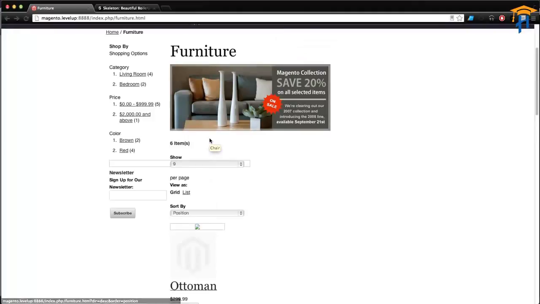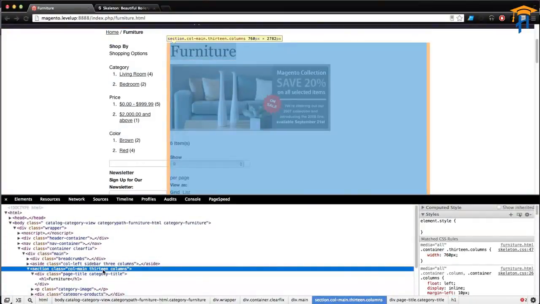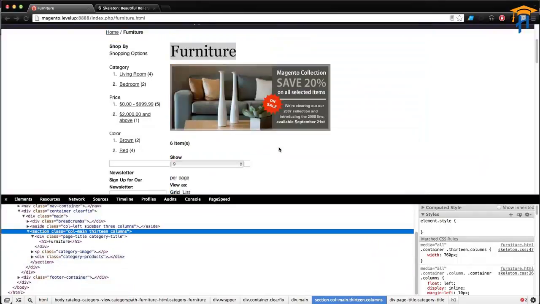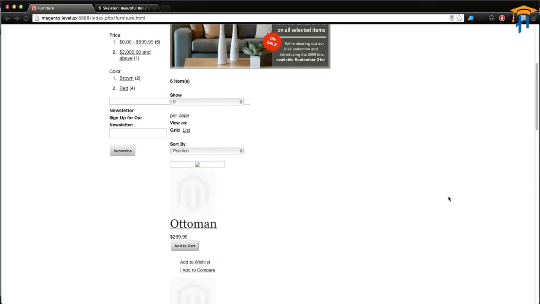the grid. So the thing is, our main column width here is, if you remember, we gave it 13 columns, so this area is 13 columns wide. And we did that by giving it a class of 13 and columns. So what we want to do now is give each of these list items in our product grid a grid number. And so, 13 divided by 4, because maybe we could fit 4 across, is 3 point something each. So really what we could do is have 4 items wide, and then each item only takes up 3 grid